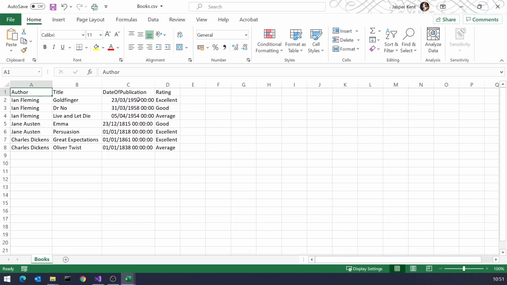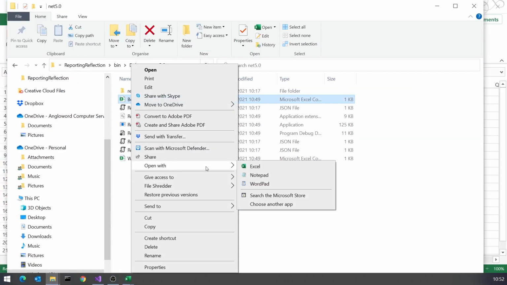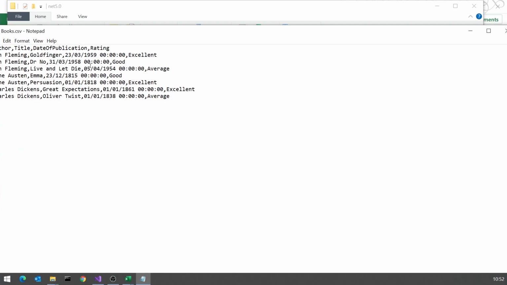Other things we highlighted, we've got that date of publication, just the name of the property without spaces, which doesn't look very nice. And then another problem we've got is it has had to go for just a general date time format, because all it could do is call a toString. It couldn't say we wanted short date or long date or whatever it may be. And again, you can see that we've got the slight problem that Excel hasn't really understood the older dates before 1900. But if we again look at this as text, we can see the format on all of those is exactly the same. So that difference is again Excel, not our program.